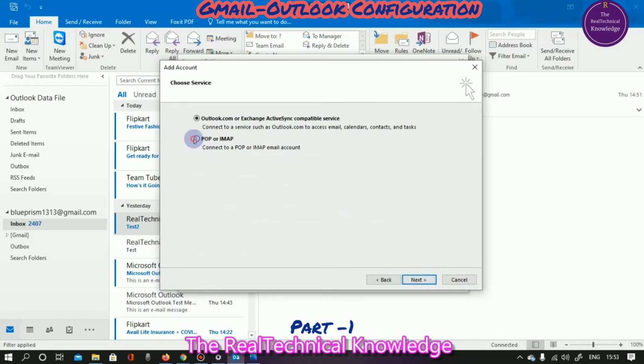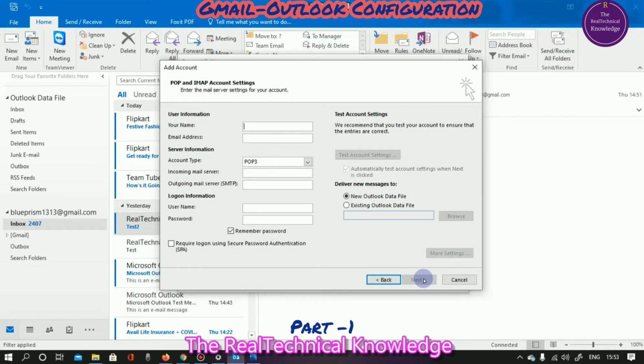Then always choose the POP or IMAP option, because we are going to retrieve or access the Gmail account locally. So after selecting POP or IMAP, we need to click on Next. On the very next window, it will ask you to update multiple pieces of information such as user information, server information and login information.